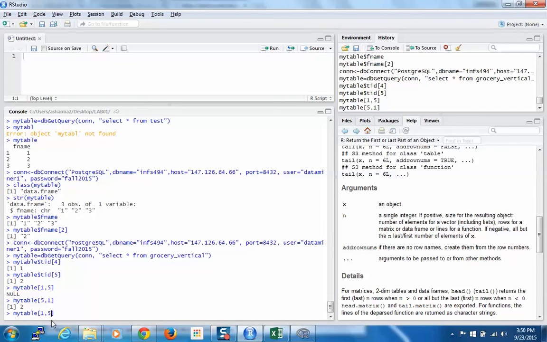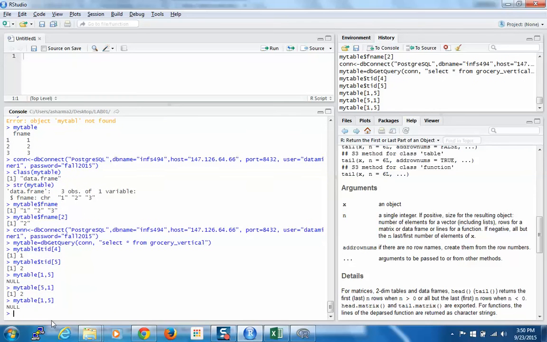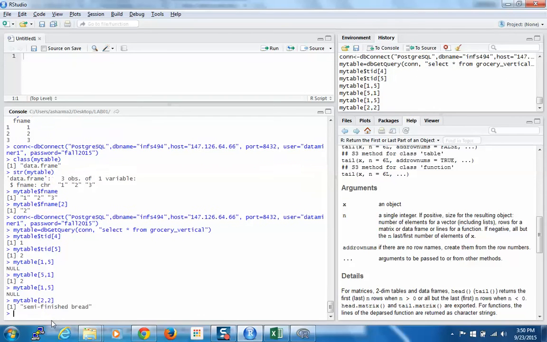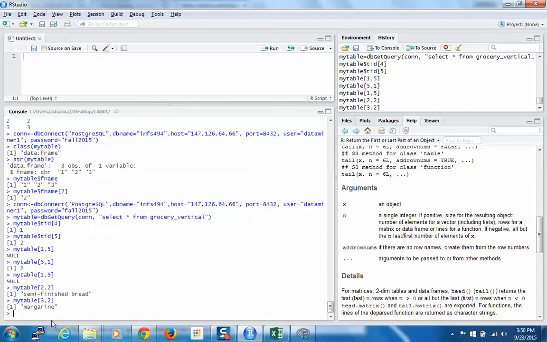If I do this, what it's saying is first row of the fifth column, but there is no fifth column, and that's the reason I'll get null. If I wanted to get the second row of the second column, it'll give me semi-finished bread. It's the second row of the second column. If I want the third row of the second column, it'll give me